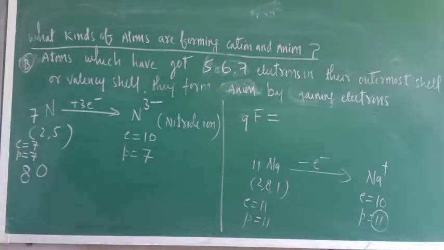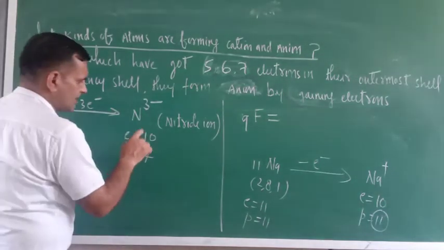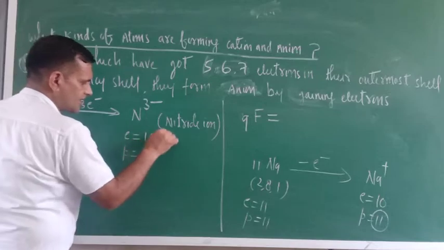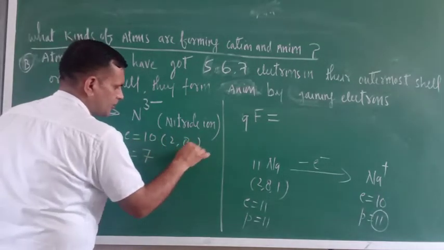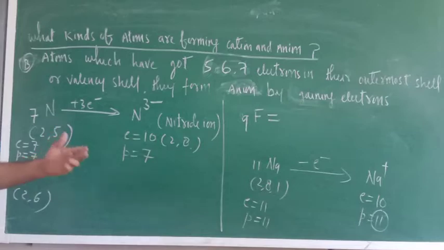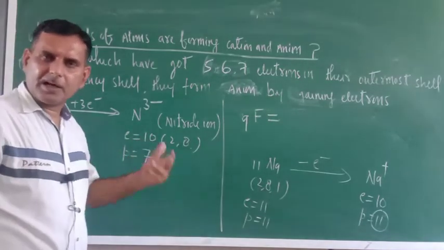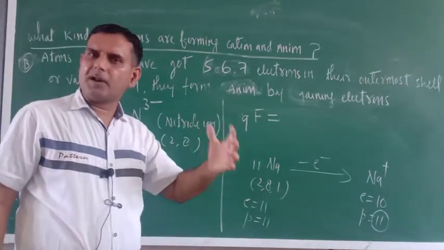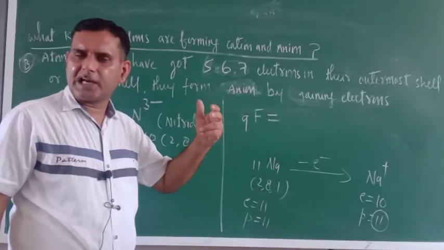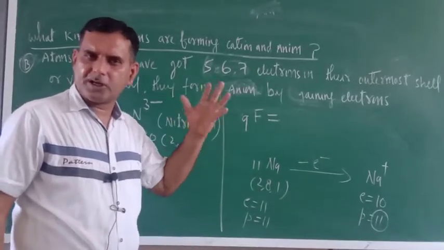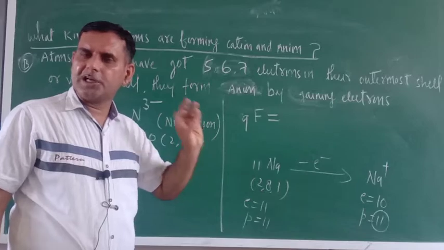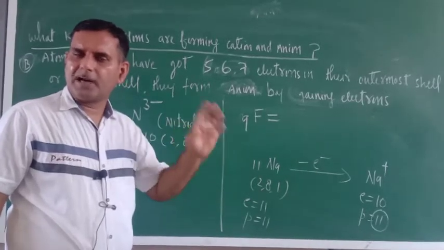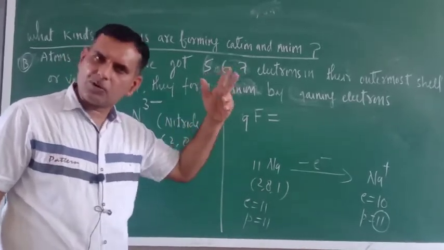Now let us see another example, that is oxygen. Oxygen has atomic number 8, so 2 and 6. Now just see, here 8 electrons are there, na? Sorry, 10 electrons are there. So the octet is completed, 2, 8. So just see, losing or gaining of electrons happens for only one purpose, to have 8 electrons in the outermost shell. Octet rule. Only hydrogen, helium, lithium, beryllium follow the duplet, to have 2 electrons in their outermost shell.